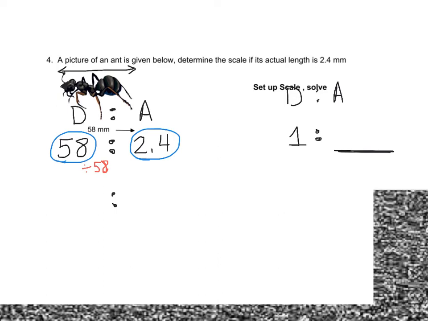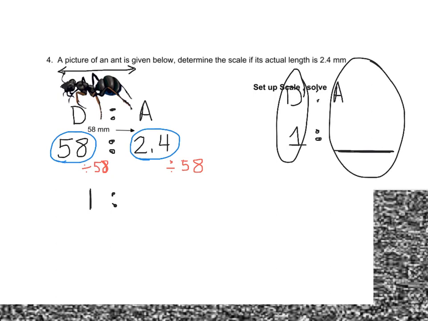Remember, whatever you do to one side, you do to the other. It's like a fraction. Remember that a ratio is actually a fraction. And whatever you do to the top of a fraction, you do to the bottom of the fraction. So I'm going to divide both sides by 58. Now, when I do that, 58 divided by 58 leaves me with 1, which is exactly what I want, because I always want the diagram to be 1. 1 millimeter on this diagram is, and then it will give me the actual in real life. So now I'm going to take this 2.4 and divide it by 58. And I will get